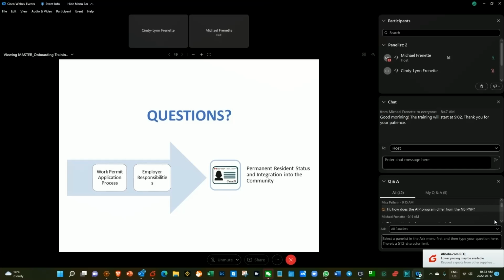So that is correct, Aaron. Once the province has provided their endorsement of the job offer, the candidate has 12 months to apply for permanent residency. But if they request a work permit, they are committing to apply for permanent residency within 90 days. The reason is that this program is not meant to be a work permit program, it's meant to be a permanent residency program.